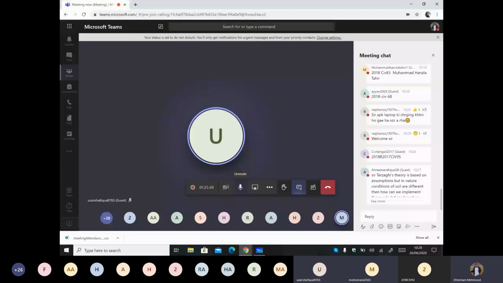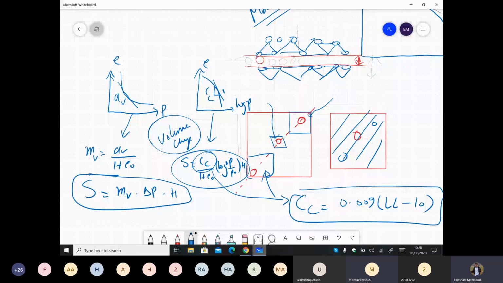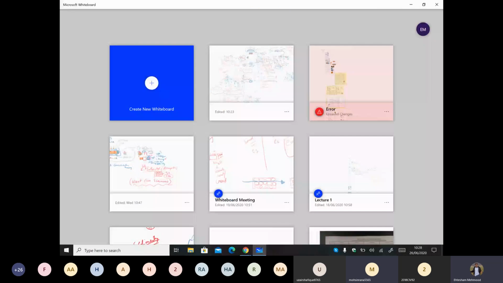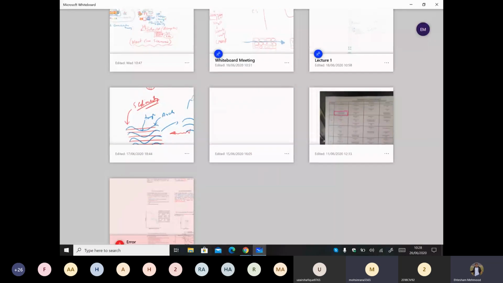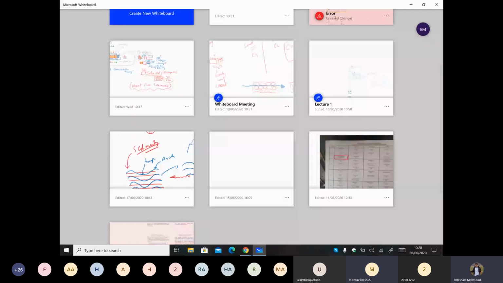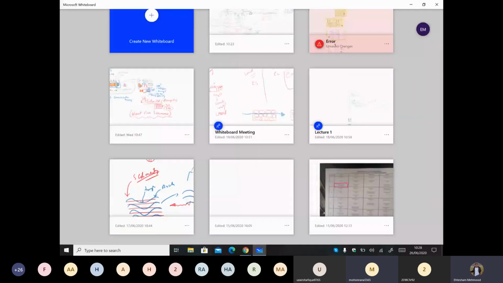In floating ring, if you look at the diagram, let me find that diagram for you. Just a minute. In fixed ring, you see there is support on top of the ring also, whereas in floating ring, there is no support or barrier for the ring. Let me just find out where this is. Okay, let me open the PowerPoint for you.